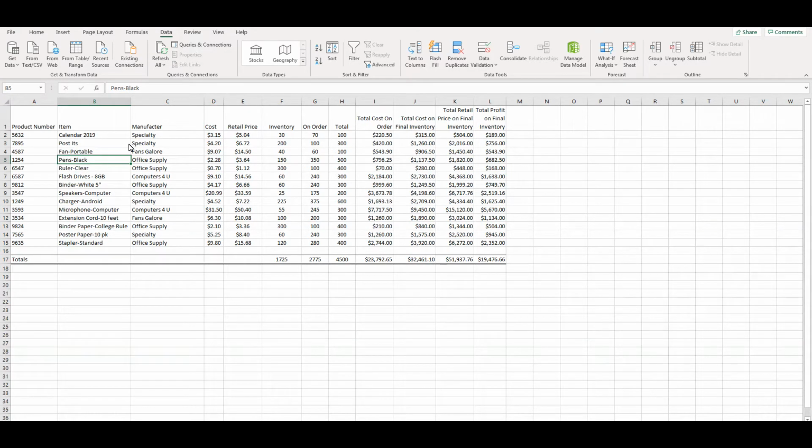How do I sort in Excel? There's some very simple sorts, and we're going to do two of those today. I have this spreadsheet, and in one of the columns are the manufacturers, and I want to sort my spreadsheet by the manufacturer alphabetically. So the manufacturer is in column C, so I'm going to click somewhere in column C,